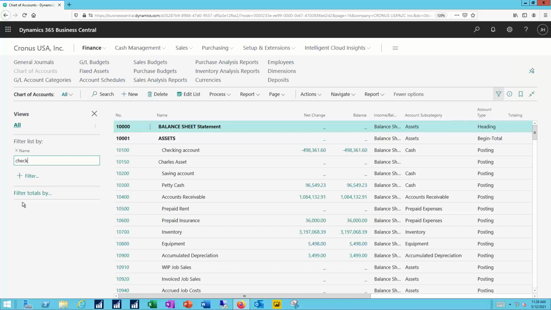I can include, though, a set of single quotes around those values, and that would require an exact character match inside my search. So single quote at the beginning, single quote at the end, and now when I filter, it's going to find just that specific value. You can use what we call an indefinite unknown character. That would be done using an asterisk within my filter. This says find it wherever you find it inside that value,